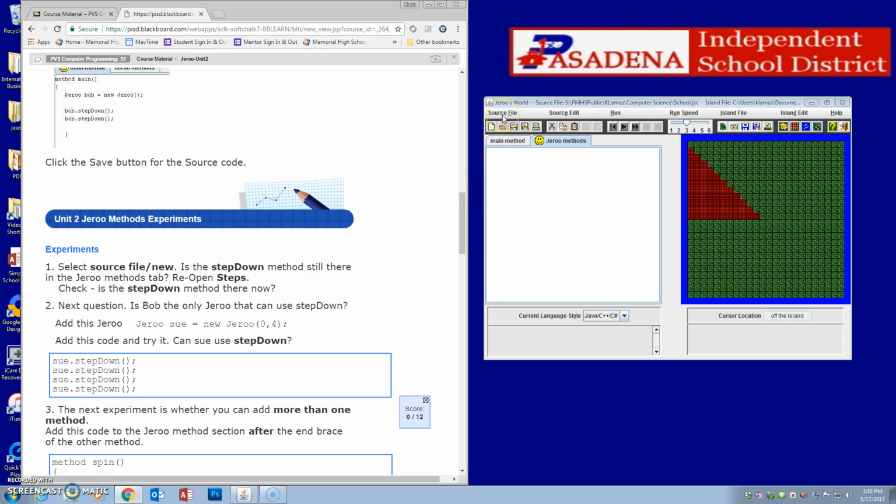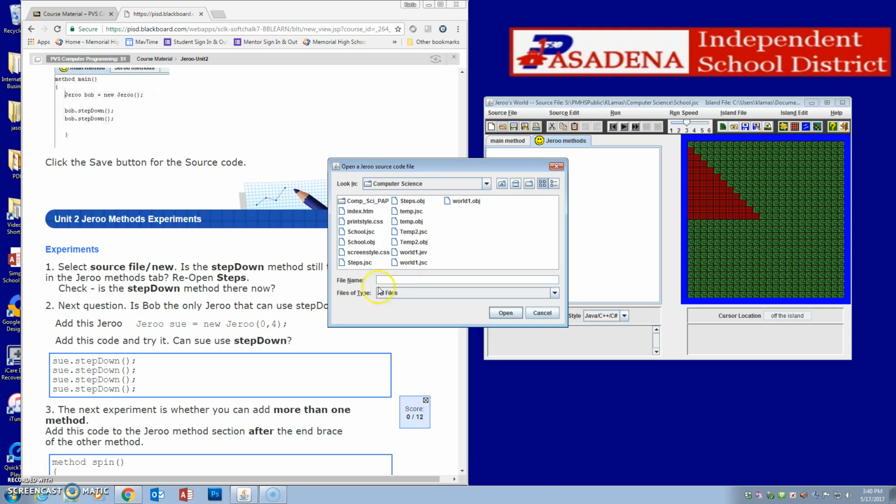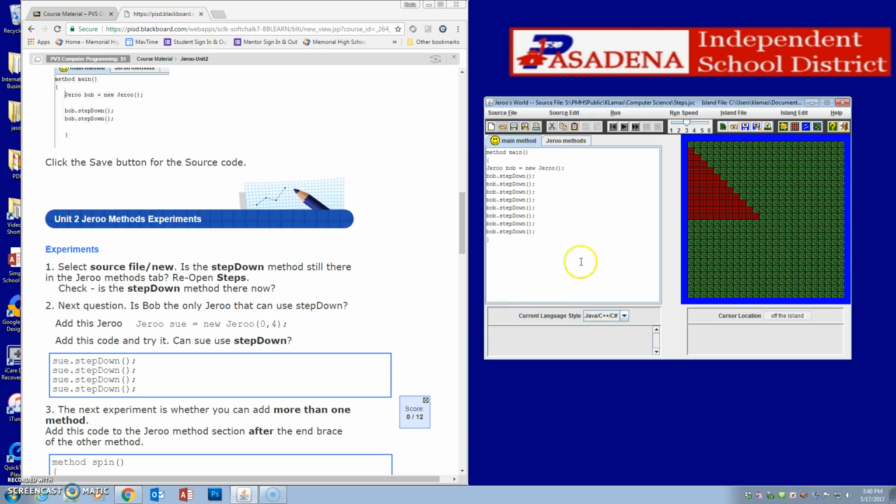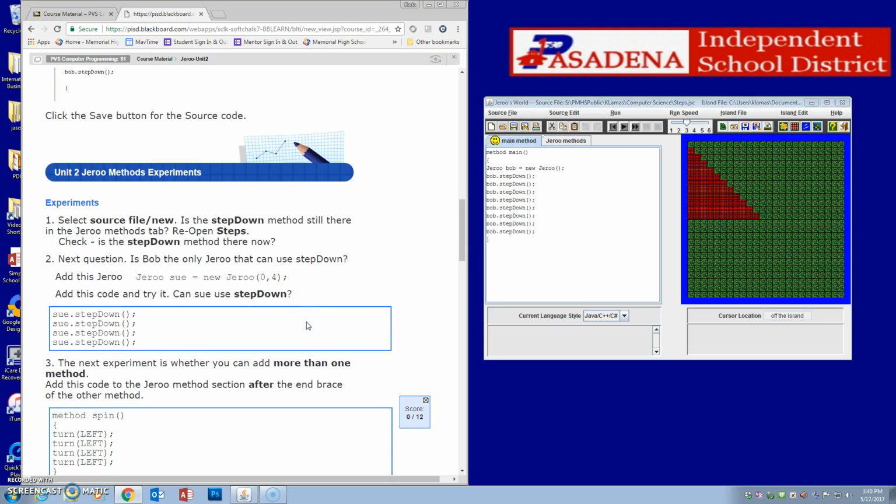So let's go back. I'm going to open steps again. Click on open, and so now when I click on Jeroo method, here is our step down method. All right, so now we need to find out, can any other Jeroo besides Bob use the step down method? So we're going to come over here and we're going to say Jeroo Sue equals new Jeroo, and we're going to start her at 0, 4,